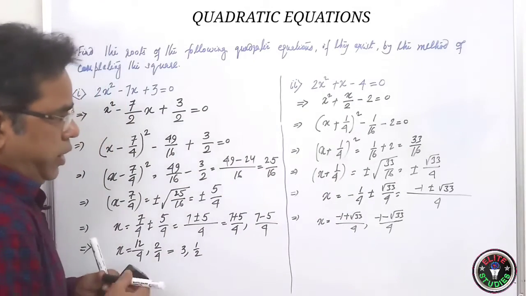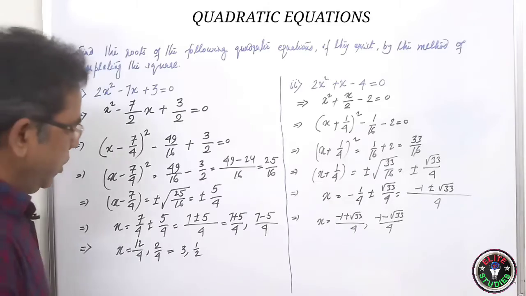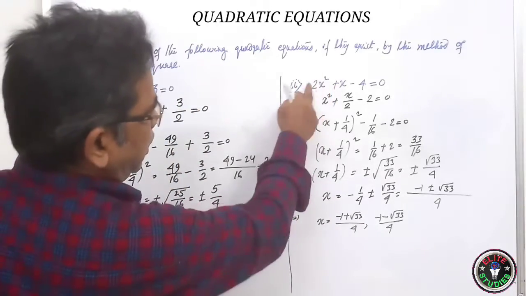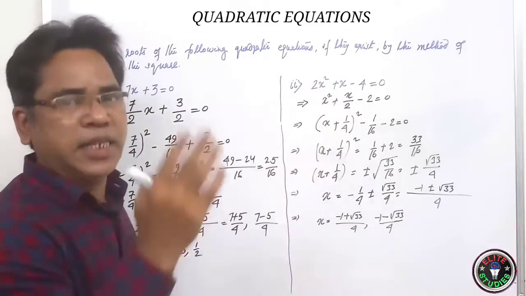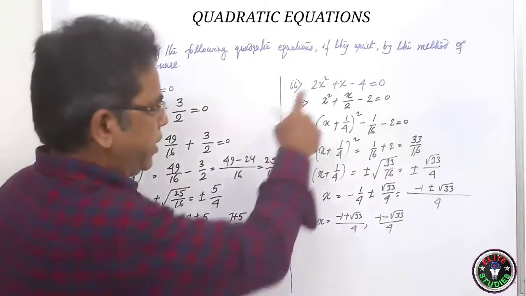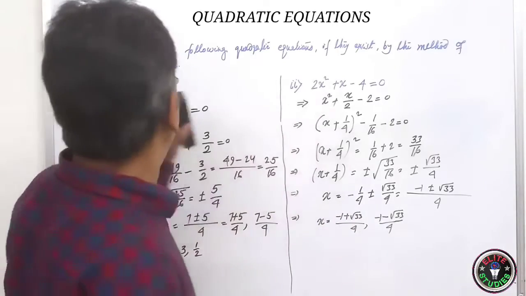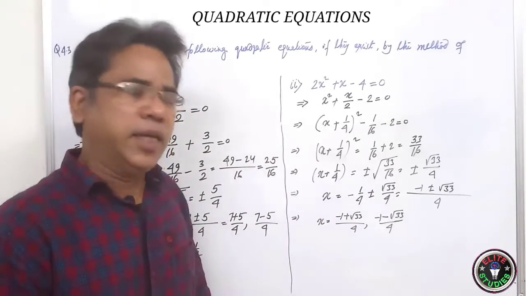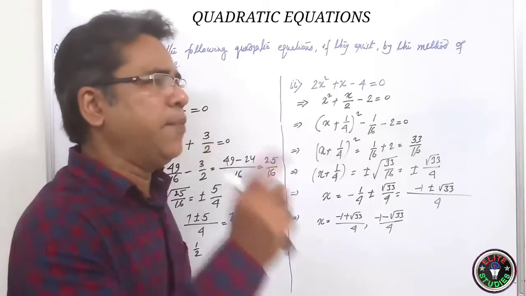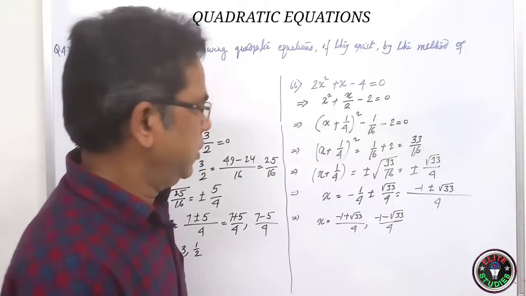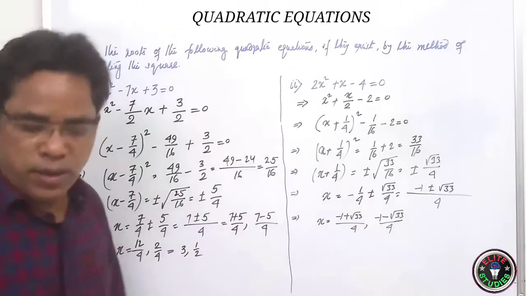So we have got it. So in such type of things, you cannot use factorization method. That is the demerit or disadvantage of factorization method. In factorization method, you cannot get such type of things. But method of completing the square, that is a sure shot. Any type of quadratic equation given to you, you can find it. So please take a screenshot.